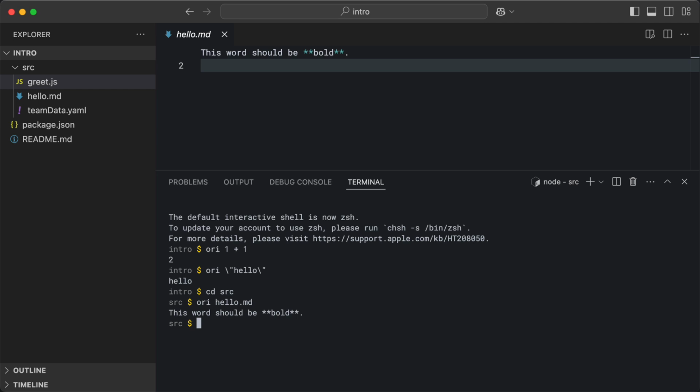Where a spreadsheet has built-in math functions, Origami has built-in functions for transforming data and creating parts of sites. We can call a function that transforms Markdown to HTML, giving it a Markdown file as input. To avoid having to quote parentheses in the shell, we can omit them, and Origami will figure out where they